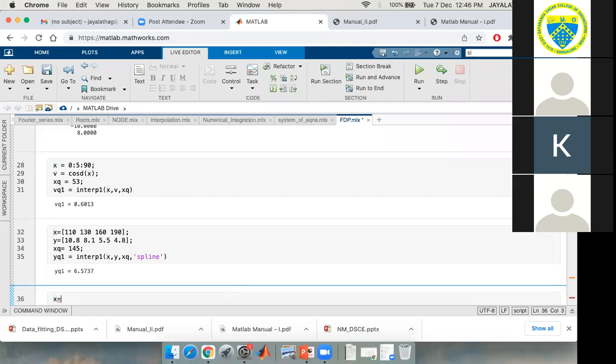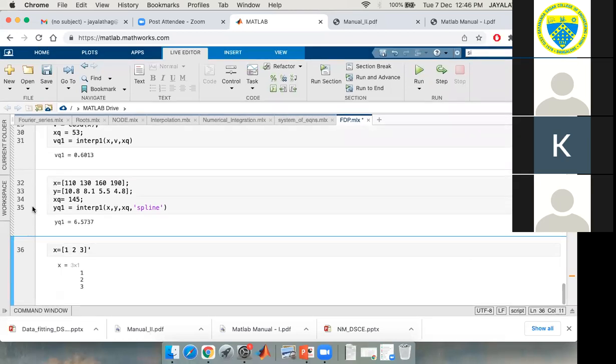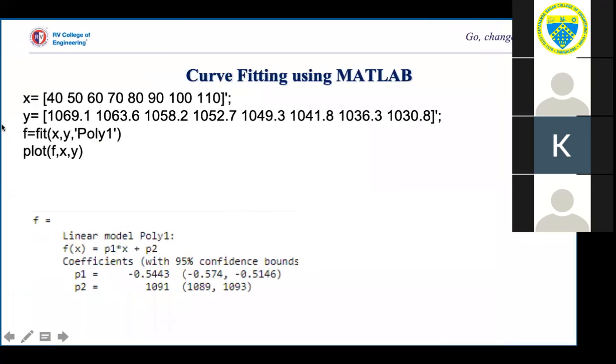X equal to 1 space 2 space 3 and I'm giving a prime here. I'll just run. So it is displayed as a column vector. Hope I have made it clear.